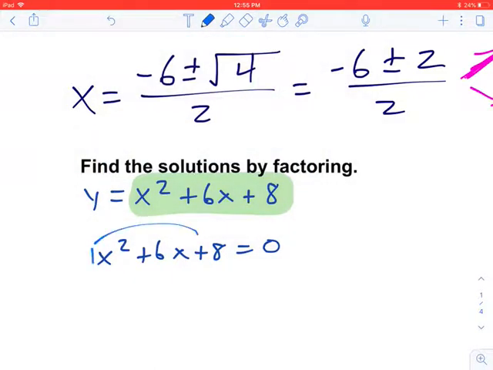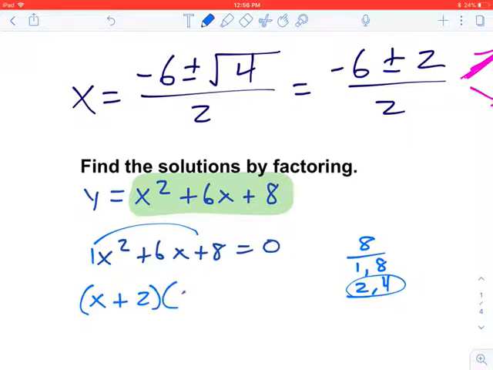So since it's a 1 in front, I've got 1 times 8 is 8. What two factors of 8 give me 6? And it turns out to be 2 and 4. So I can use a shortcut, so x plus 2 and x plus 4